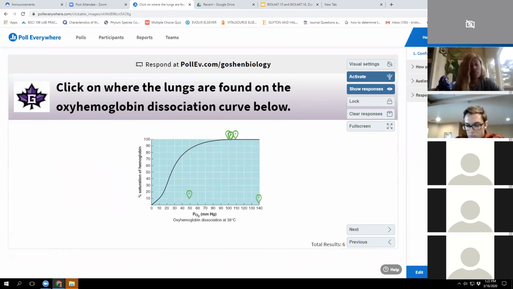Great. So a lot of you are choosing the top part correctly, so that's where the lungs are found. The lungs have a lot of oxygen here, at partial pressure of 100, or depending on the environment that you're in, and you would be loading. So this represents percent hemoglobin saturation. It's like how much of the red blood cells are actually saturated with oxygen. As you move towards lower and lower concentrations of oxygen in the body where there's metabolic processes happening, you can dump that oxygen off, right? And so then you'd be getting down here, and that would be more like capillaries and veins.